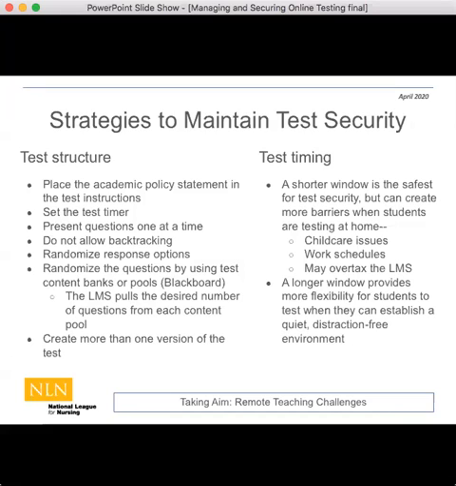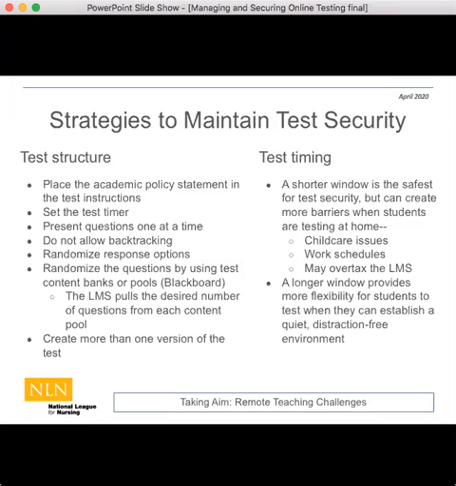When I used Blackboard prior to moving to Canvas, they also allow you to do other types of things, like scramble the entire question so that number 1 becomes number 22, and there's no way for the students to synchronously take a test together. And the other thing that Blackboard would allow you to do is draw from content pools.